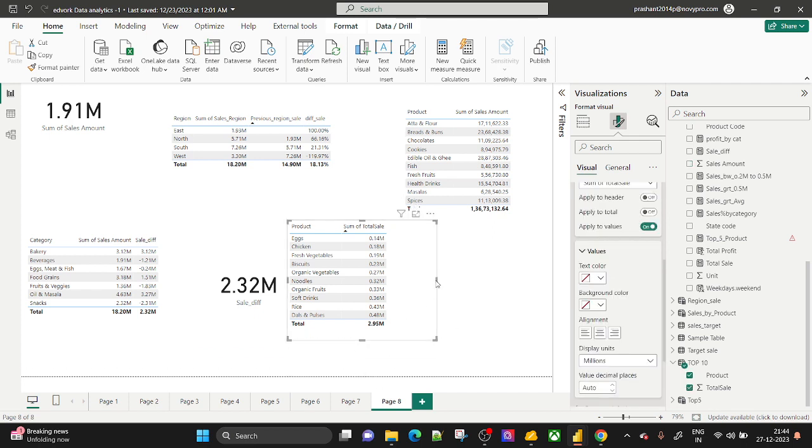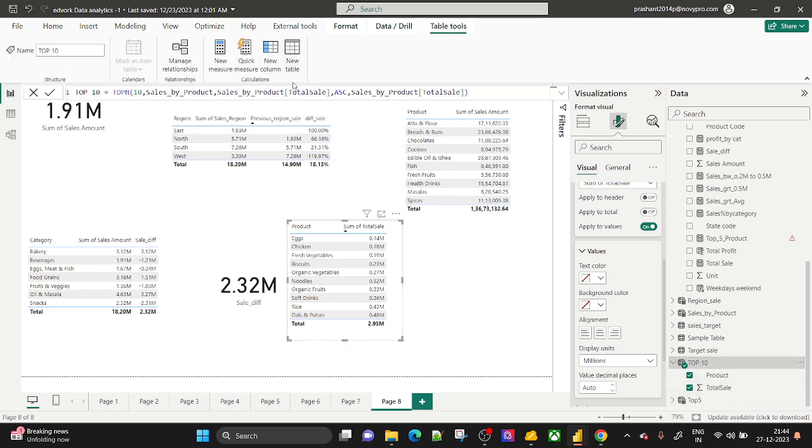Now to check how this ascending and descending is working, I will change the detail over here. Right now I have passed sales by product total sale. Instead of that I'll pass product, and ascending. See, did you find any changes or not? Now pass here descending. See,